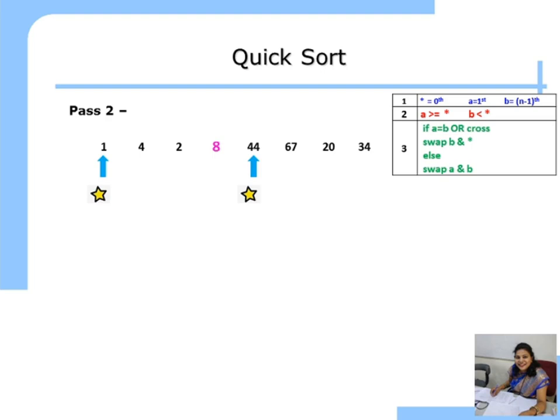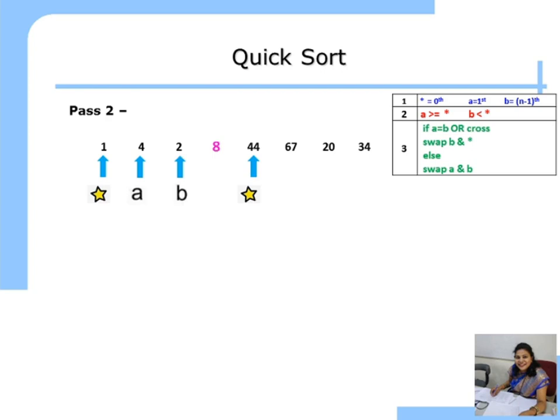Okay. So in first list, we should initialize A and B also. What is A? A should be indicated after the pivot element. So what will be the A in the left side of list? It will be the 4. What will be B? B is the last element of the list. So in 142 list, 2 is at last position. So B will be pointed at the 2.